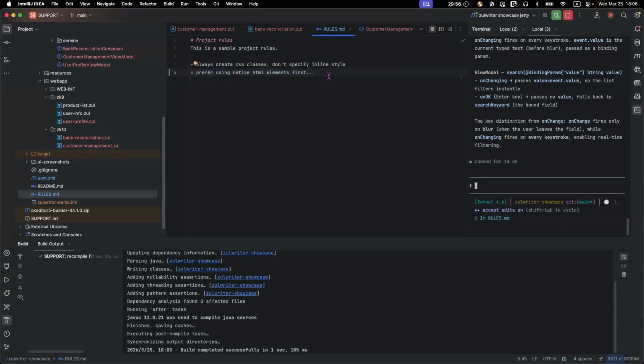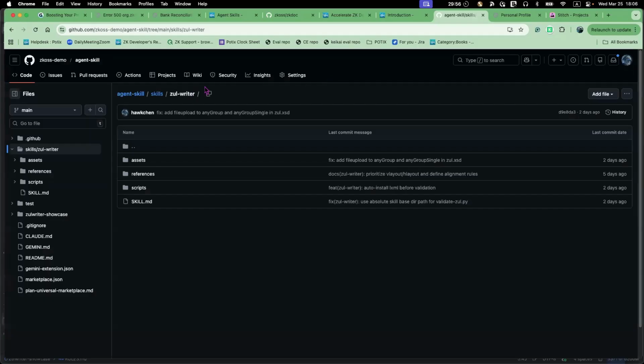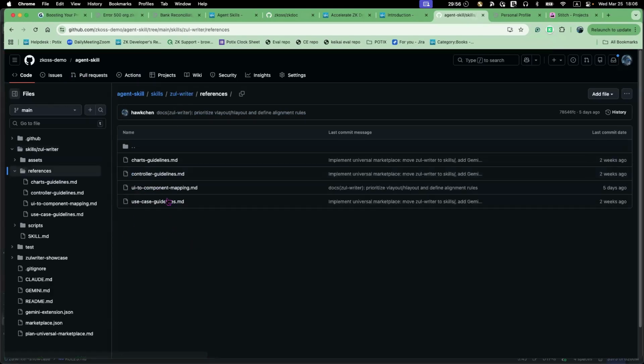If it conflicts with the agent skill, then I would suggest you fork this repository and add an extra reference here, an extra file, for example extra rules, something like this,